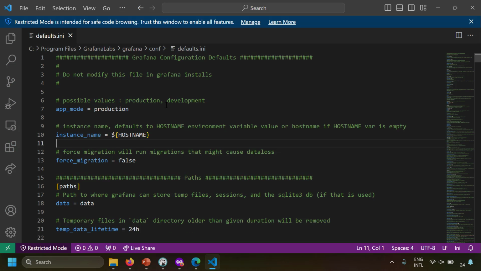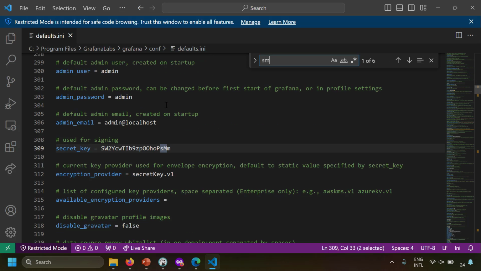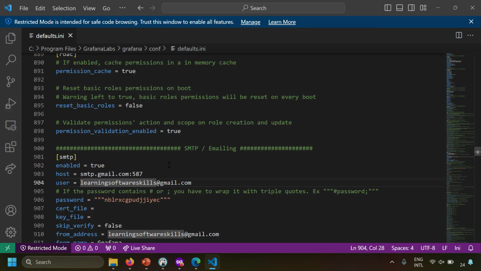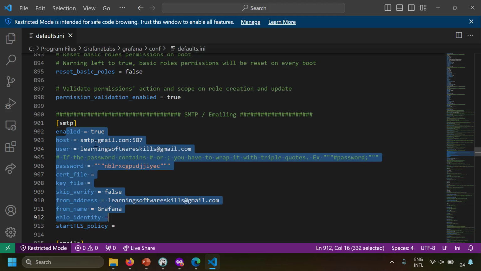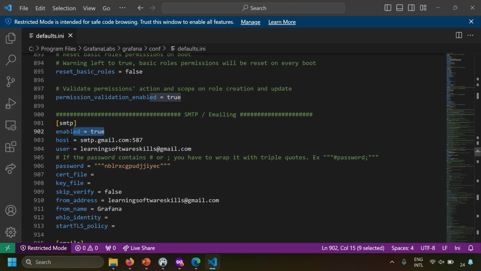And here I'm going to search with Control F for SMTP, and there's a section called SMTP, and this data would be used by Grafana to send emails. So if you are using Gmail to send emails from Grafana, the setting should be something like this. First, make enabled equal to true, and the host would be smtp.gmail.com or any SMTP host you are using. Suppose you have your organization's Outlook email, you can use those settings, but for this example I'm using the Gmail SMTP settings. So this would be the same for all Gmail accounts,